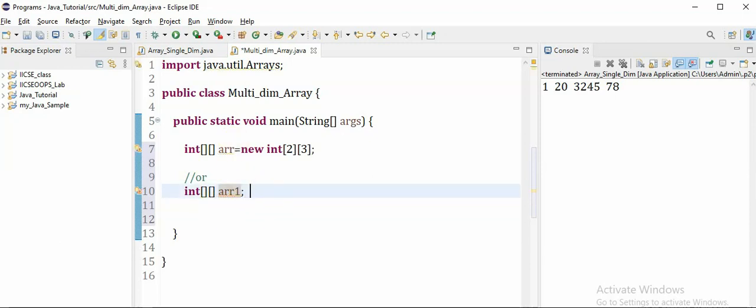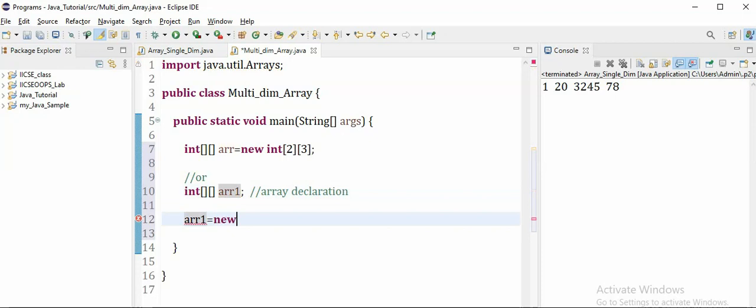This part is the array declaration. In the next line we will be instantiating the array arr1. The array name arr1 equal to, using the new keyword we instantiate by allocating the memory with 2 square brackets. The first square bracket says the number of rows, 2 rows, and 3 columns, right?